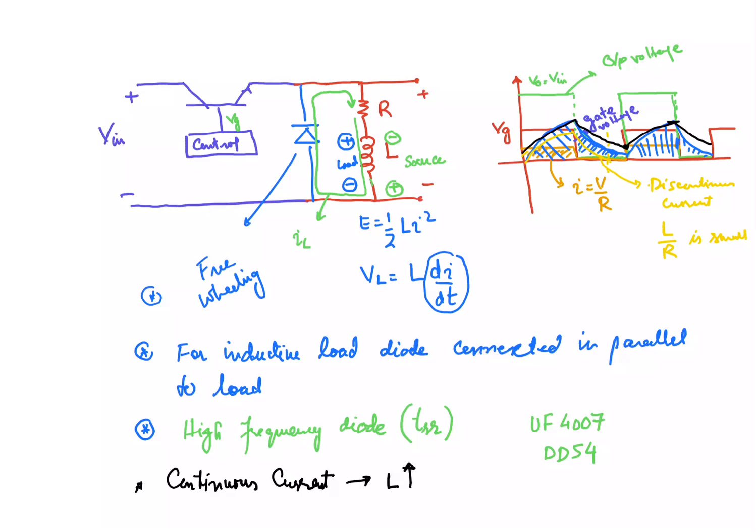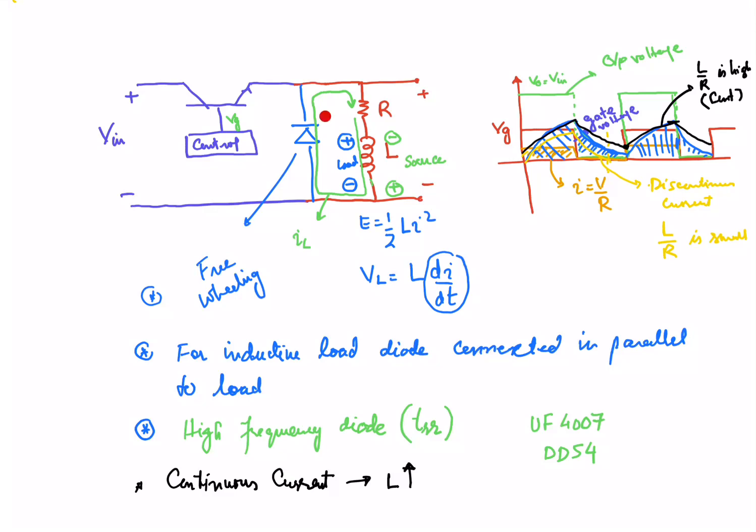And for continuous current, your inductance is quite high. So over here we can say L by R ratio is high, and that's why you have the continuous current in your circuit. So depending upon the inductance, the current may be continuous and discontinuous, but you need to have the freewheeling diode,